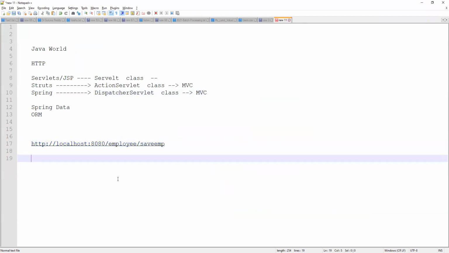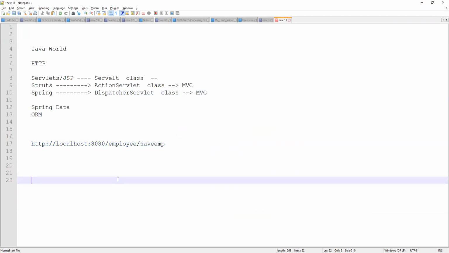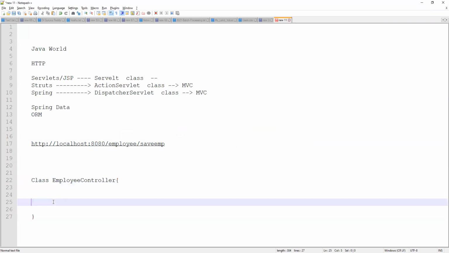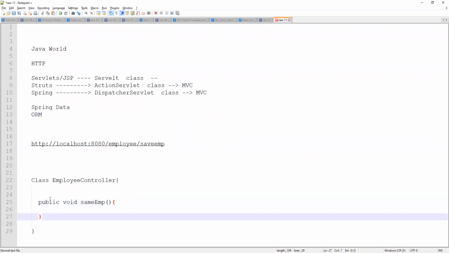So our controller may be class EmployeeController, and here the save emp method is there.